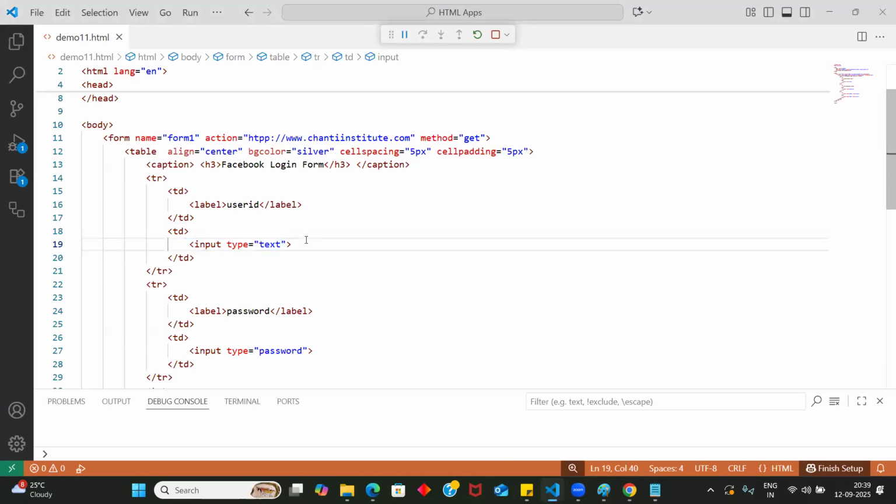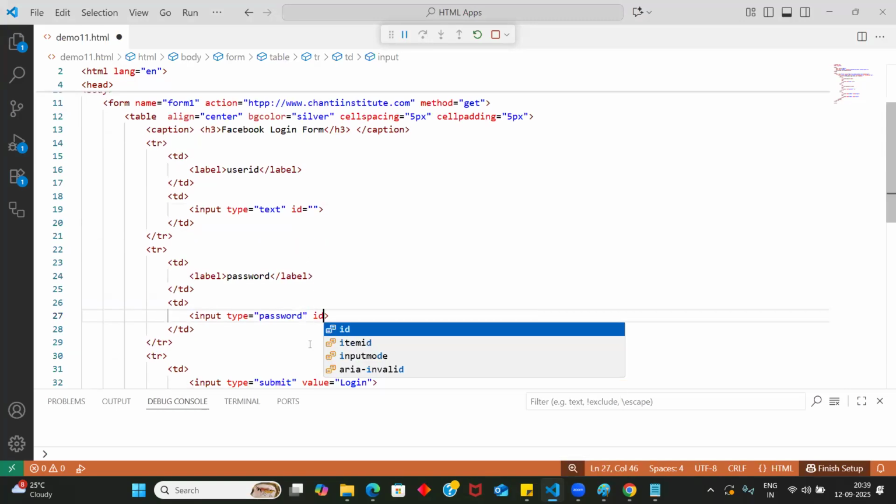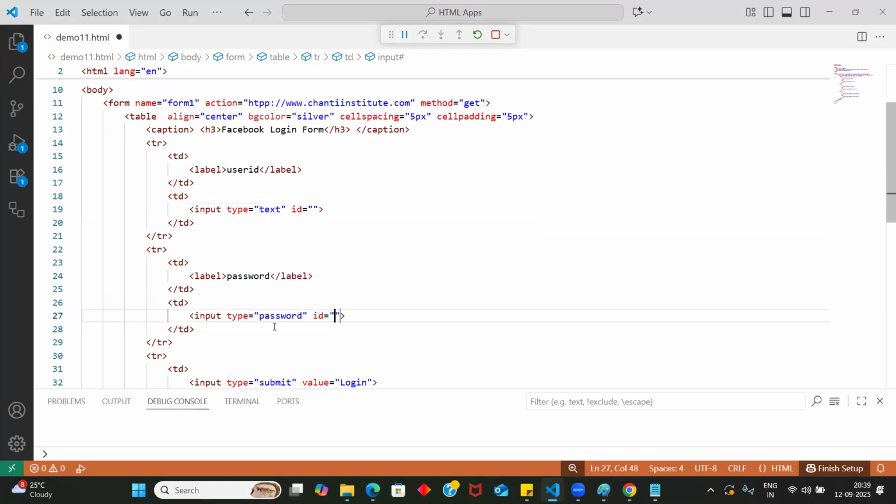Right? You remember, guys? I discussed something about the ID attribute. It's like giving an Aadhaar number to a person. I hope you recall. So, guys, you have to give unique IDs. Now let's give some ID: ID one, and here you can give ID two. So IDs definitely will give the uniqueness, but